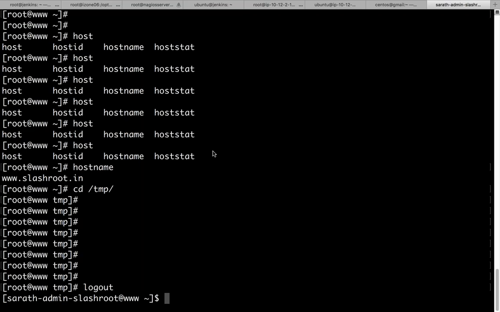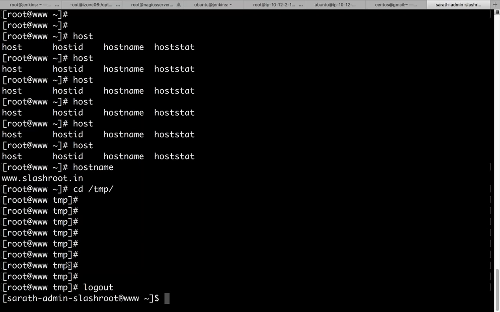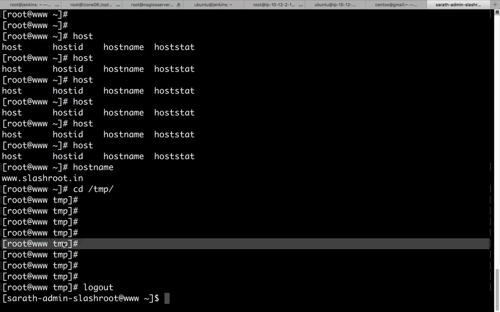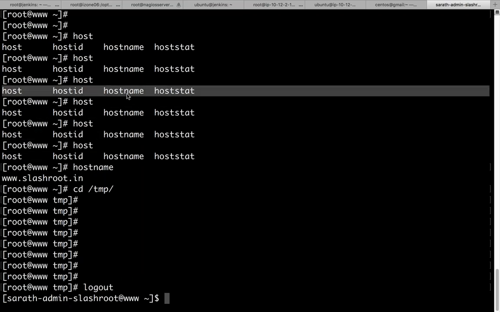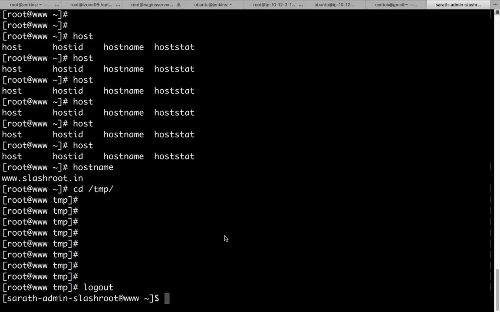Sharath, can you repeat that one last time? How did you log into that? Don't worry about how I logged in and how I logged out. I just wanted to show you this. For now, just keep the fact in mind: I pressed the Control and D combination to log out of the root user and become some other user. Don't worry about it because that has no relation with today's discussion. We will cover that. At this point, don't worry about it.